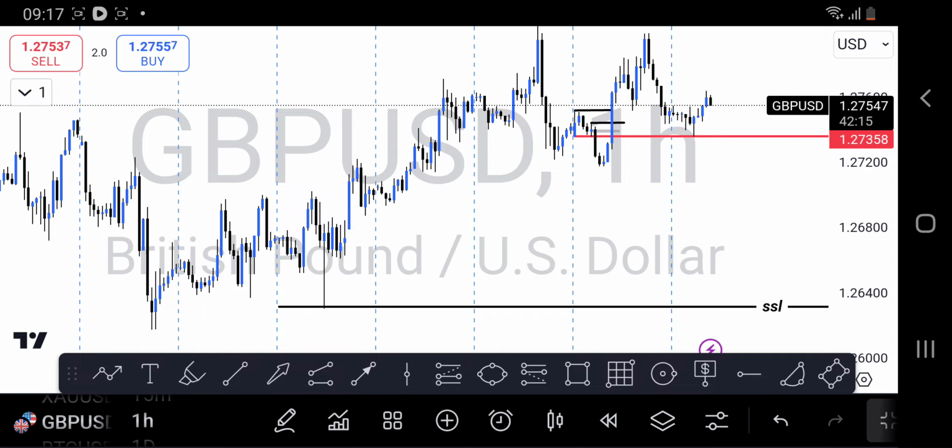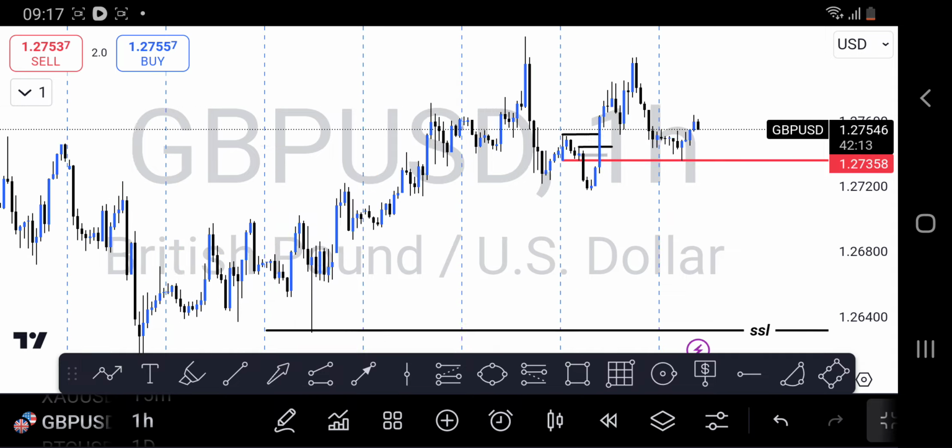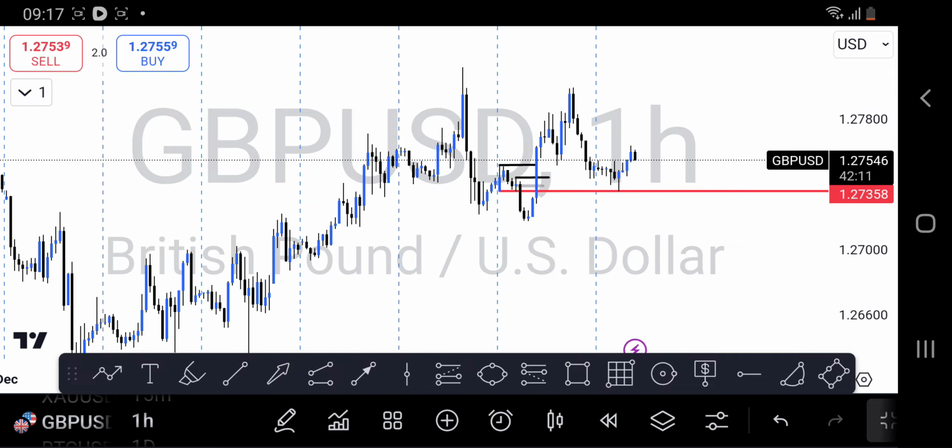So one thing that we should understand again is that we can see that the market did come all the way back to this high, like it came all the way here, but by coming to that high it created what we call a double top. This is the first top, second top, and then this is going to be our neckline. It's a reversal pattern, right? It changes the market, and in this case it's going to be changing the direction of the market from buying to